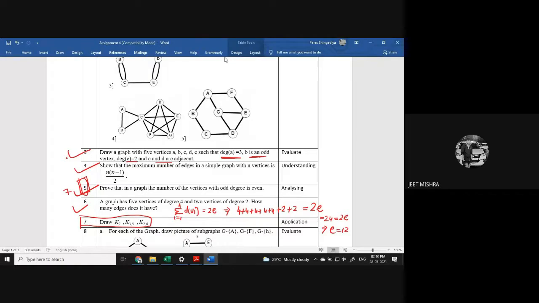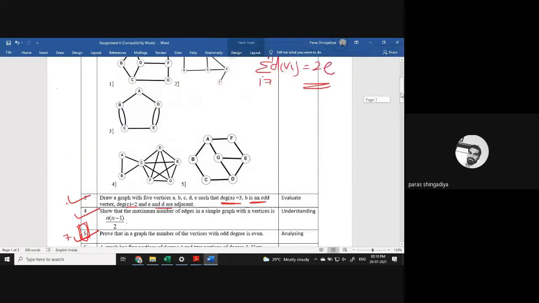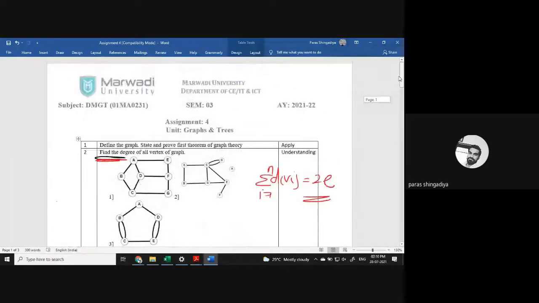Because I modified it. All the questions are as they were, but I have just changed the sequence of the assignment. Okay, and I drew some new graphs here. In some old assignments some graphs are not visible, so therefore I have modified this assignment. I have already uploaded it in your login ID. So just delete the old file from your phone, and download this modified assignment again from your e-content.